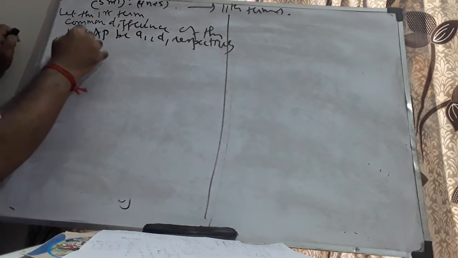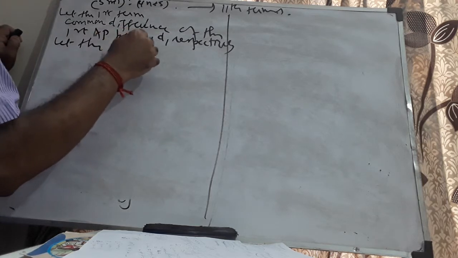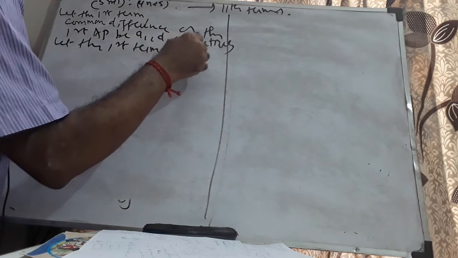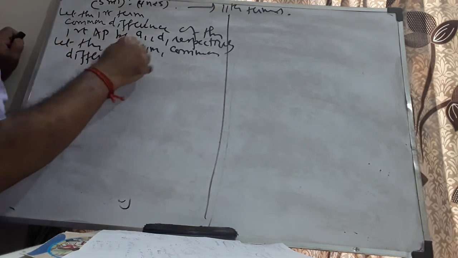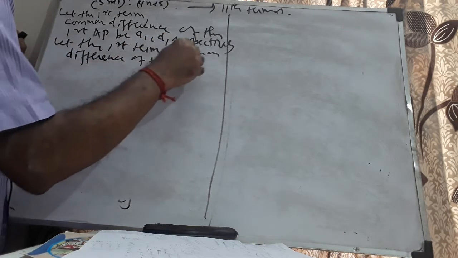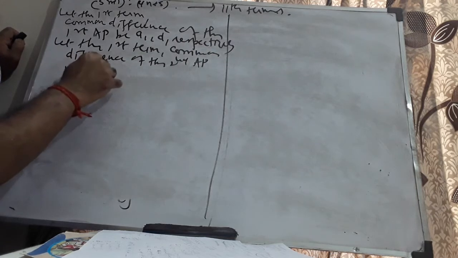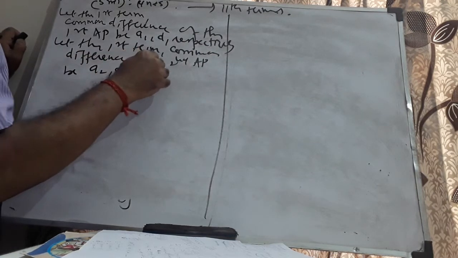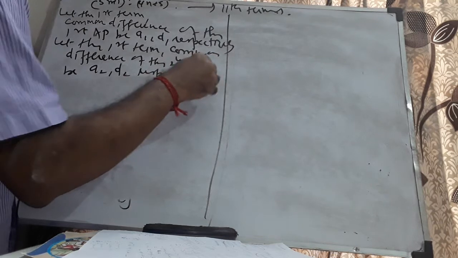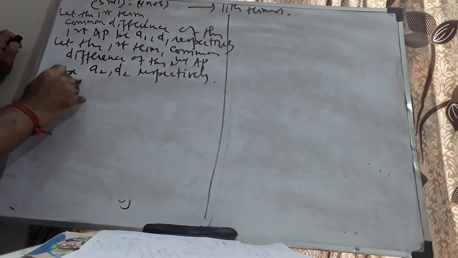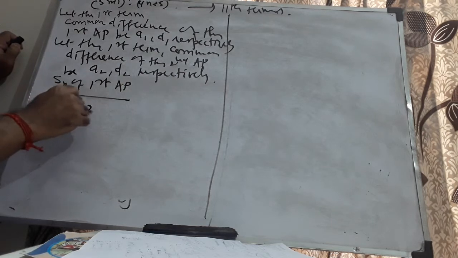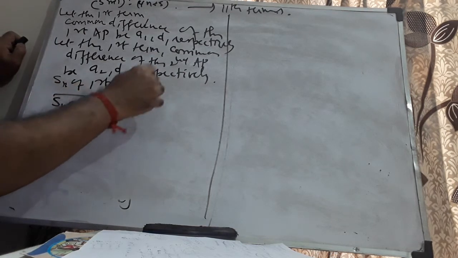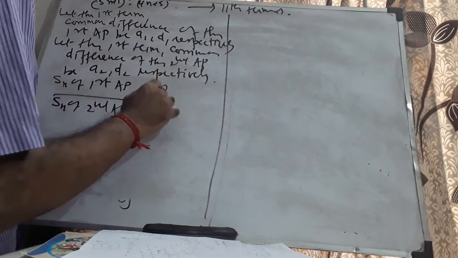Let the first term and common difference of the second AP be A2, D2 respectively. Now, Sn of first AP by Sn of second AP is given to be